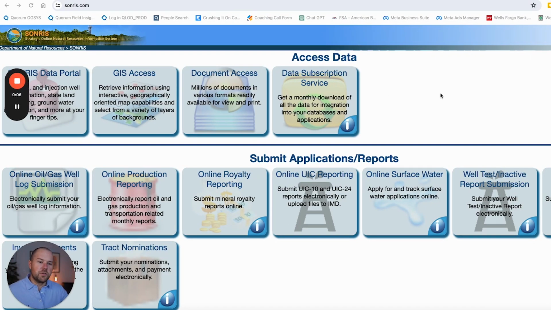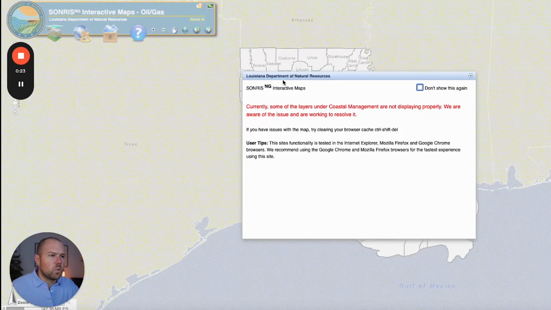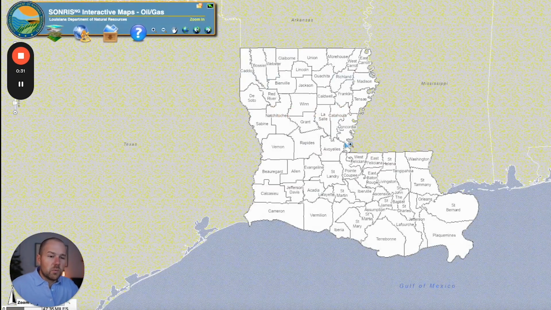So the first thing that you wanna do is open your web browser and go to SONRIS.com. And once the page loads, you're gonna wanna click right here where it says GIS access. So we'll wait for the map to load. You can X out of this little box right here, and then you'll see the state of Louisiana with all